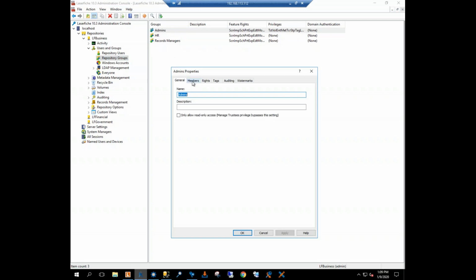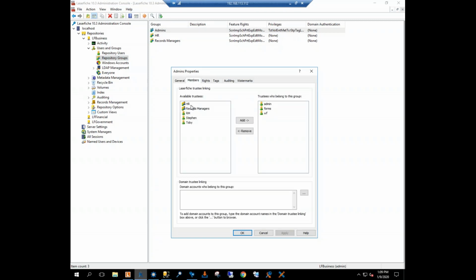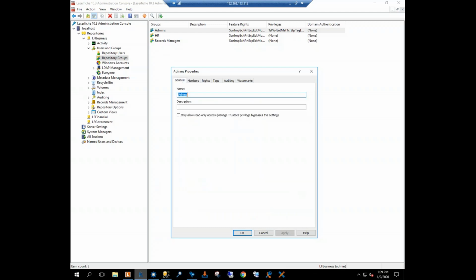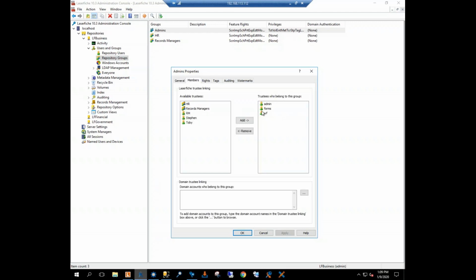Administrators, admins, are going to have our different admin types. You can see here, I just double click that to open that up. There's just a basic name and description, and then we can see which members are assigned to the admin group. And it's going to be our workflow user, our forms user, and our